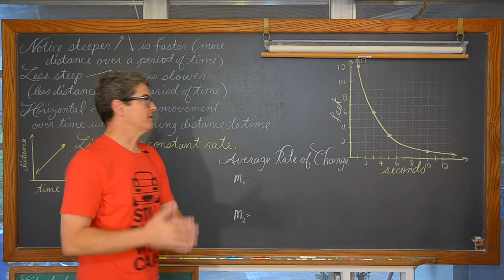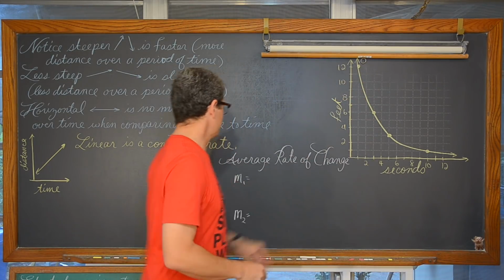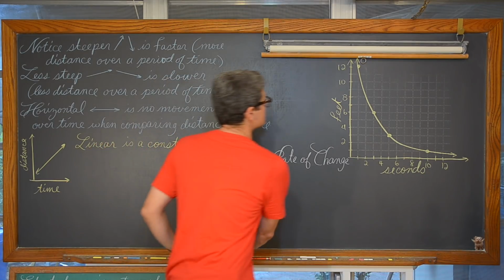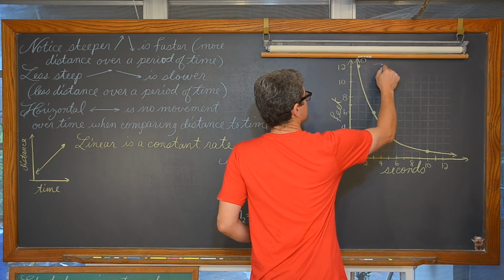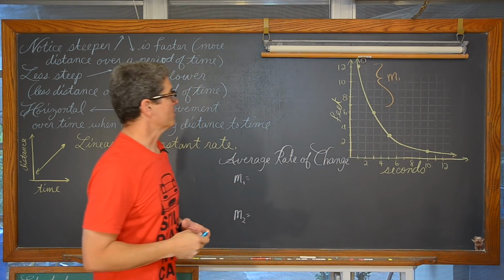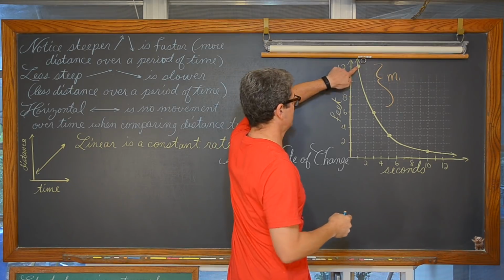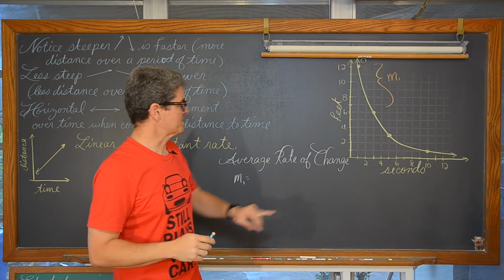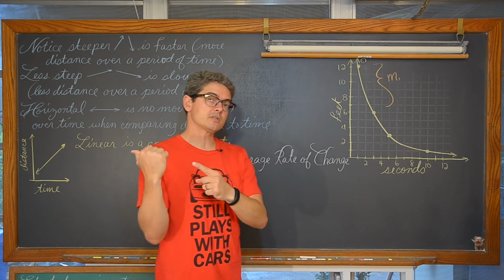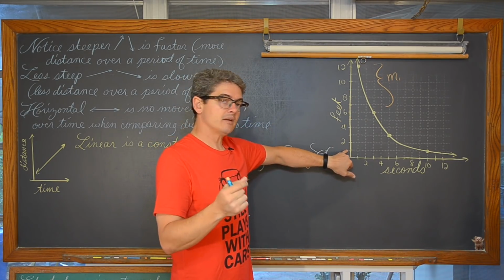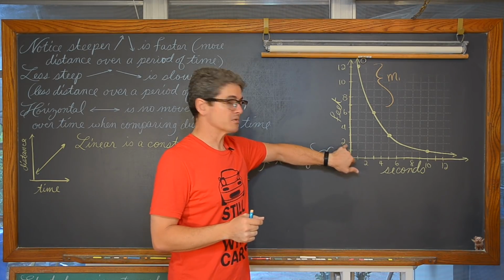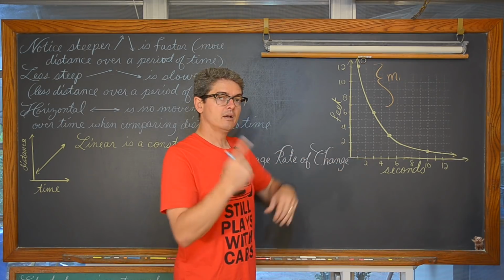Let's find the average rate of change between the first 2 time periods. I already have an m sub 1 and m sub 2 here, but I didn't label it on my graph, so let's do that. We're going to have this represent our average rate of change for our first time period, and we have that point of, and now I did this on purpose here. I have numbers showing up every other spot like I did in the previous example, but we're counting every line segment, right? We go 2 segments, and that is a change of 2. So every one of these tick marks does represent 1 unit of change.